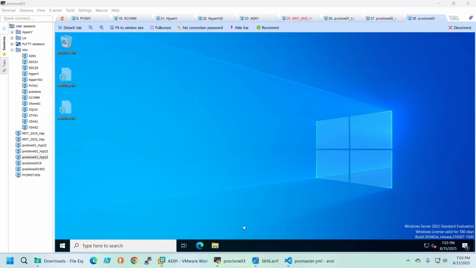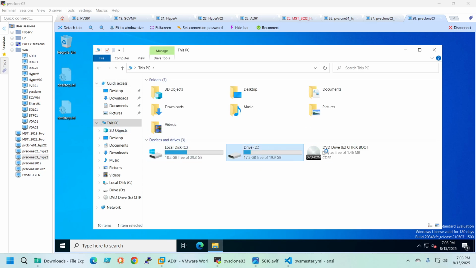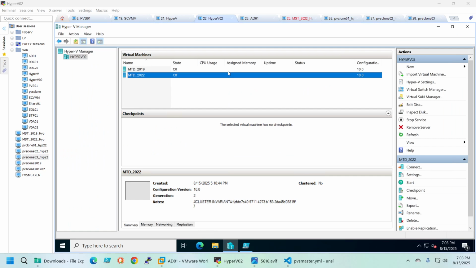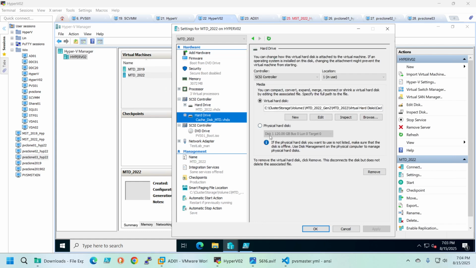So again, I'm on the third one. And let's see, do we have CD? Okay, and one more time. This drive, as you can see, is 20 gigabytes. It's not the drive from the master. Where is it? My Hyper-V02. I go to settings. So the cache disk on my